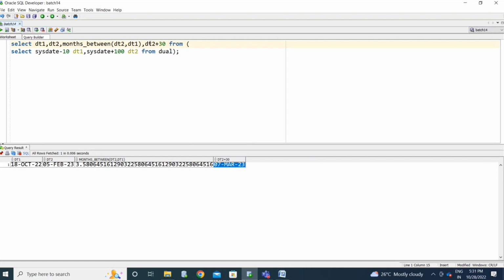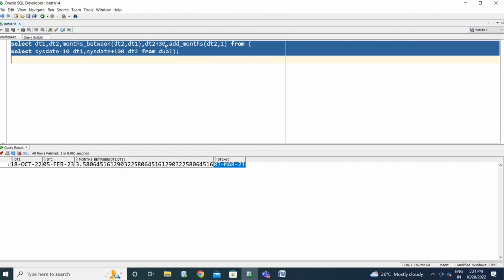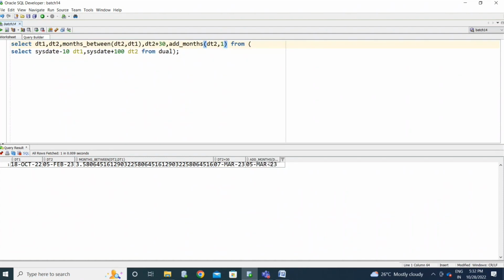So for that, you need to use the add underscore months function. Add underscore months, D2 comma 1. It adds the value. Actually, for February we will have only 28. No, as per that it has counted 30, I guess. Yeah, that is calculated manually if you add 30 days. So it is treating it as